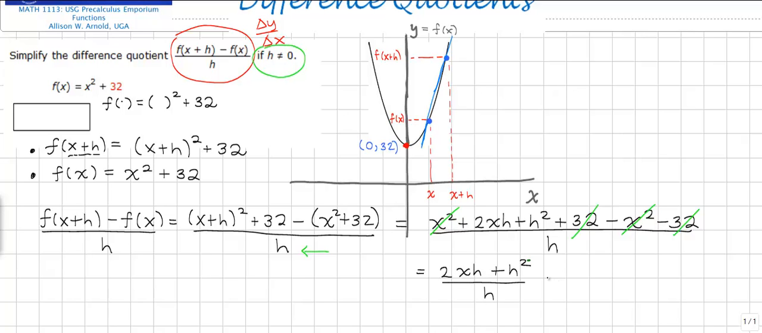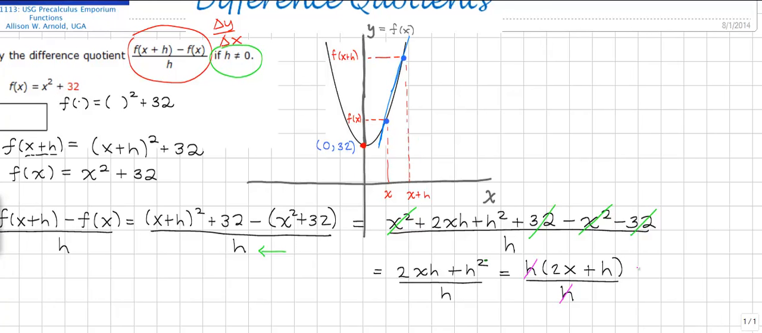Okay, so again, we're going to keep going until we can see the original denominator cancel. Here I can see that I can factor out h from the numerator, so that would be h times 2x plus h, all divided by h. At this point, I can see that I can cancel the h from the numerator and the denominator, and I am left with the quantity